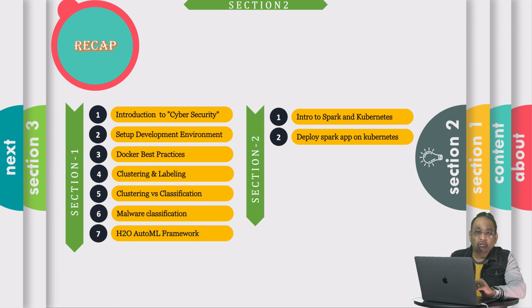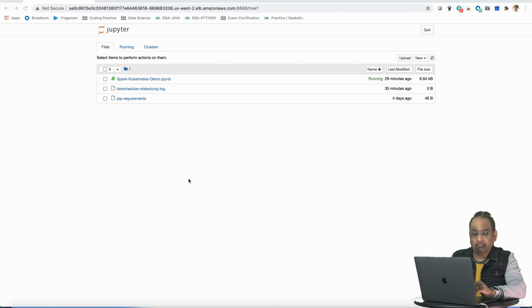In the current video, we will continue our journey with Spark on Kubernetes and see how to implement an end-to-end malware analysis pipeline using Spark and PySpark. We will implement the feature engineering part of the pipeline using Spark on Scala and the machine learning part using PySpark on Python, and we'll also briefly talk about Spark versus PySpark. So let's begin by importing the IPython notebook into the Jupyter server and run the malware analysis pipeline.